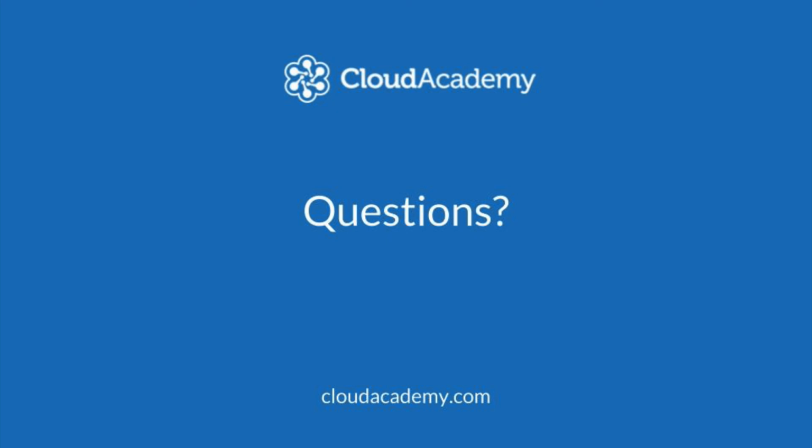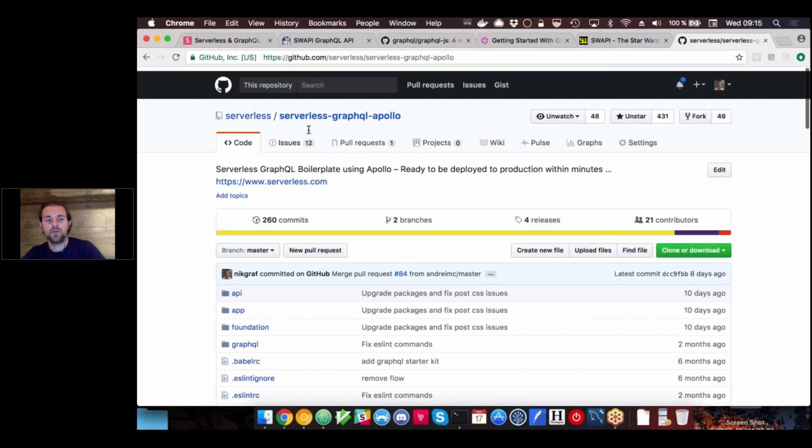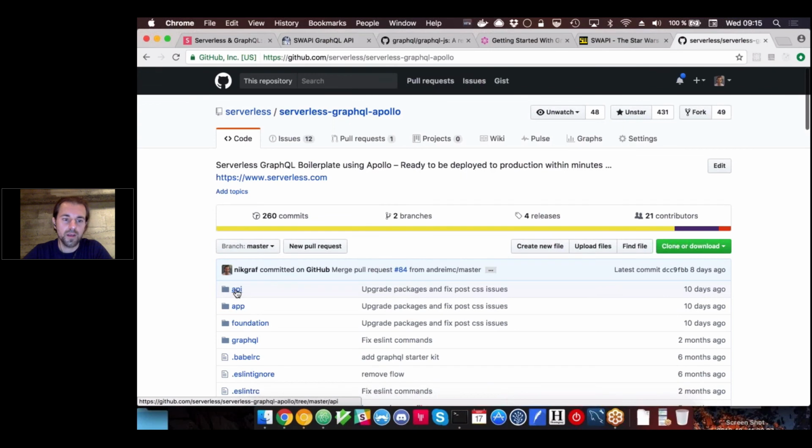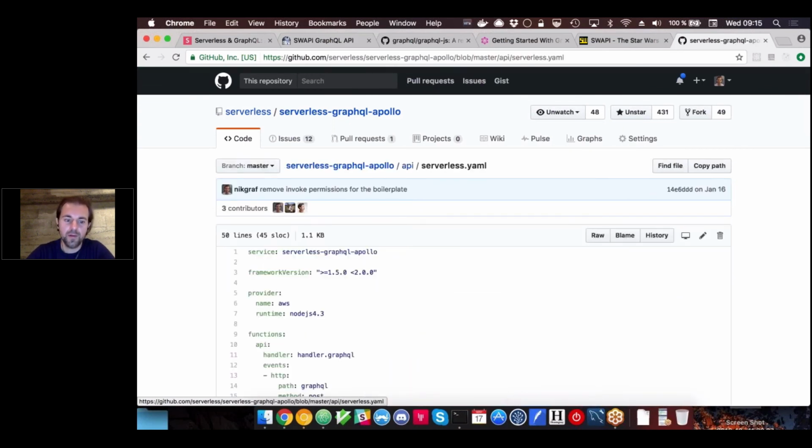I haven't used either iOS yet. I mean, what I can show you is, maybe I walk you through the API endpoint here. So what you can see is with the serverless YAML,